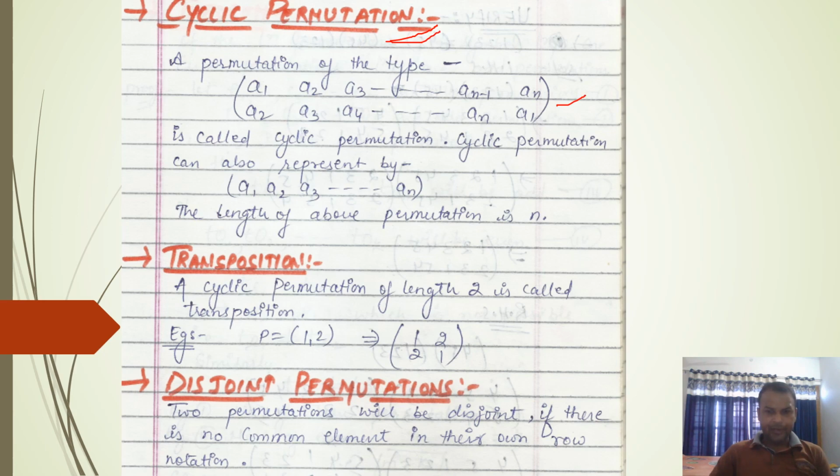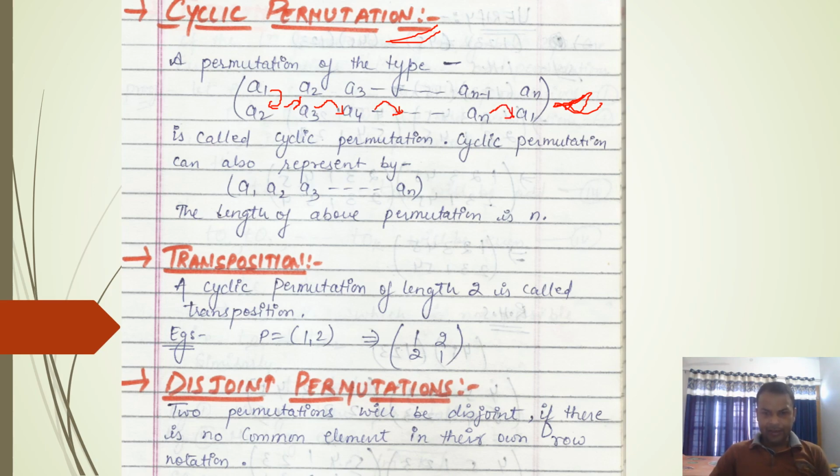First, we will understand what a cyclic permutation is. Look at this example very carefully. This is an example of a cyclic permutation. Look at the pattern in this example. Here A1 is associated with A2. Again, A2 is associated with A3. A3 is associated with A4, and A4 is associated with A5, and so on. And the last element An, let us say the group has n elements, then An is again associated with A1.